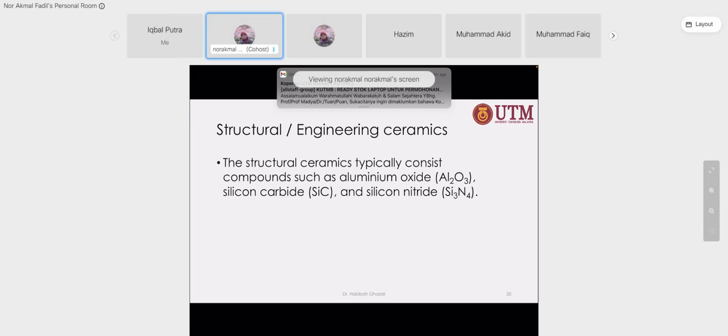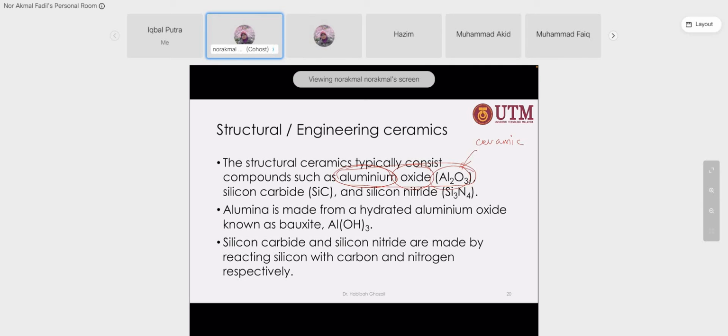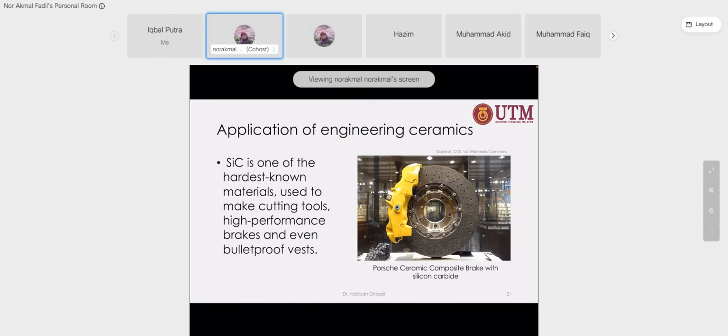The structural ceramic typically consists of compounds such as alumina. Although you can see aluminum here, when it is combined with oxygen, it becomes alumina, and this is ceramic. Also silicon carbide and silicon nitride. Alumina is made from hydrated aluminum oxide, known as bauxite. Silicon carbide and silicon nitride are made by reacting silicon with carbon and nitrogen, respectively. Silicon carbide is one of the hardest known materials, used to make cutting tools,